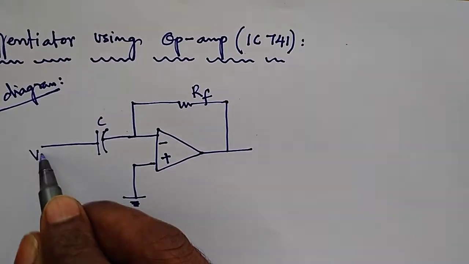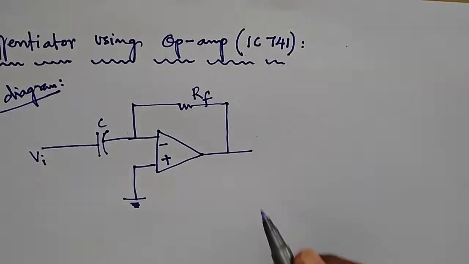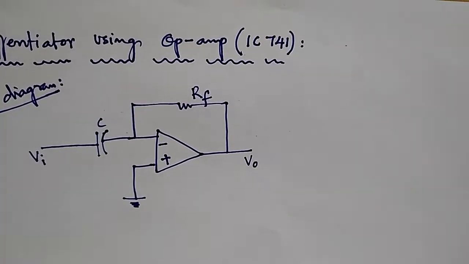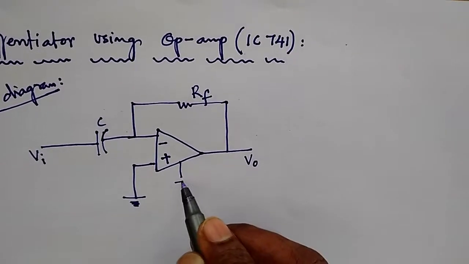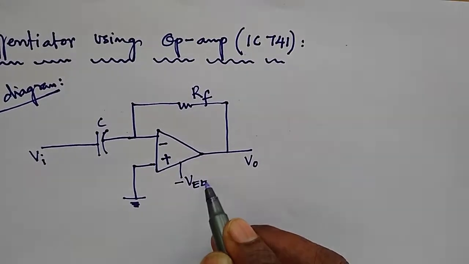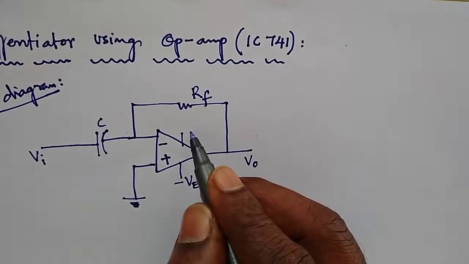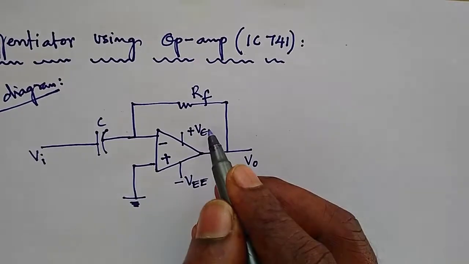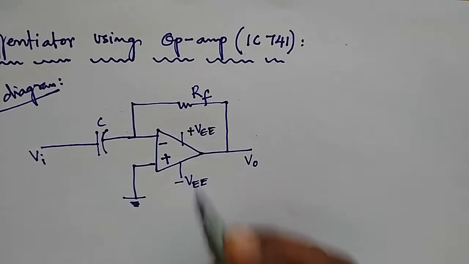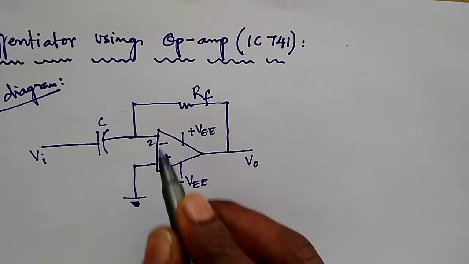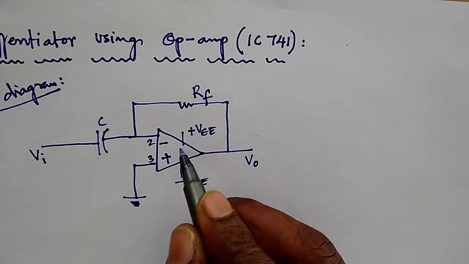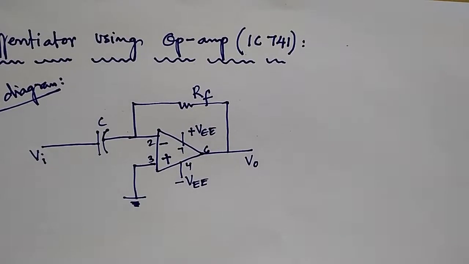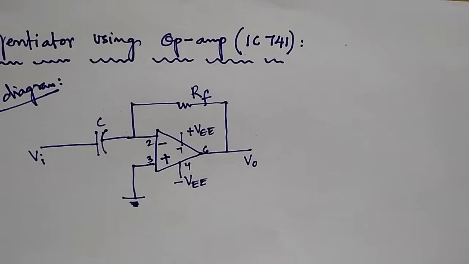We are applying the input voltage to this point, and the output voltage V0 drops across the feedback resistor. Apply the negative VEE at pin number 4 and the positive VCC at pin number 7. So this is the second pin, third pin, fourth, seventh, sixth pin. Okay, so this is the actual circuit diagram of